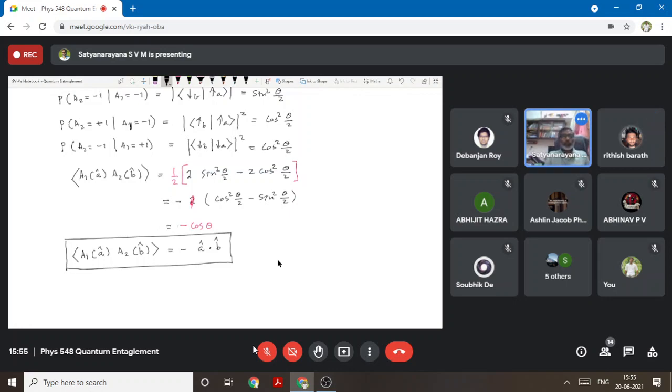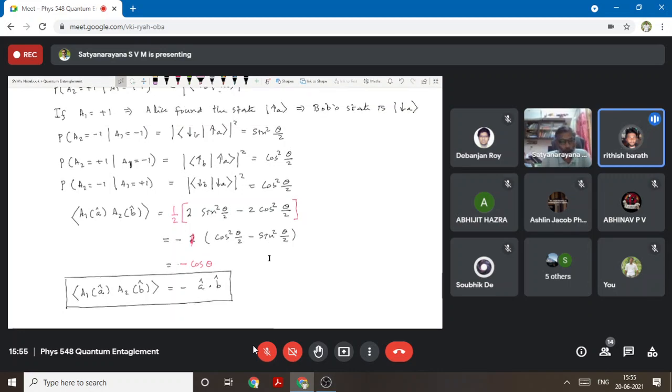Okay, so this is our quantum mechanical result. Sir, correct me if I'm wrong. This whole thing can be very easily written, sir. If A and B are anti-parallel, we can say from that itself, if theta is 180 degrees, it will be plus, and otherwise we can just use trigonometry to derive this relation, sir. Why go through all this process?